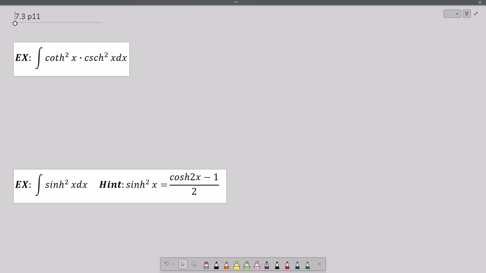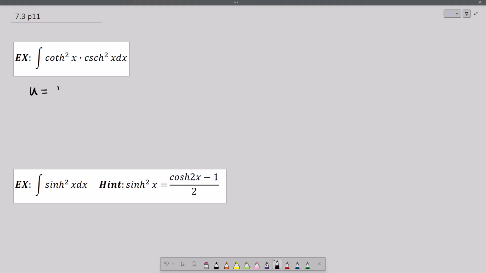So csch. If we think about csch as u, one thing to keep in mind, we would never want to let u be one of the things squared. Because when you take the derivative of that, either csch squared or coth squared, you would have to do the chain rule, and you get a long thing. So we just want to let u be either csch or coth if we're going to pick one or the other. So if we pick csch,